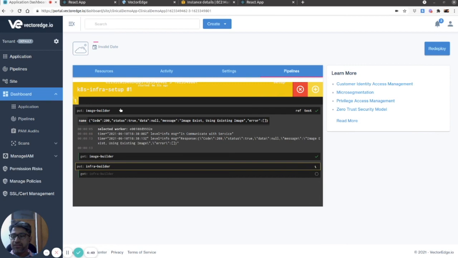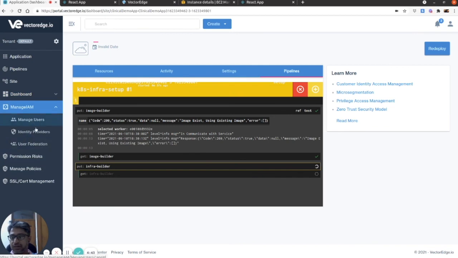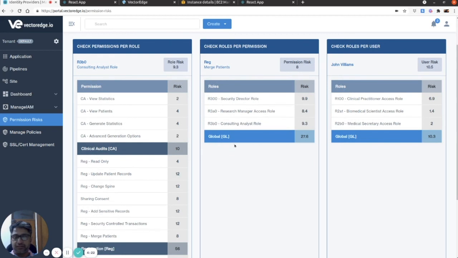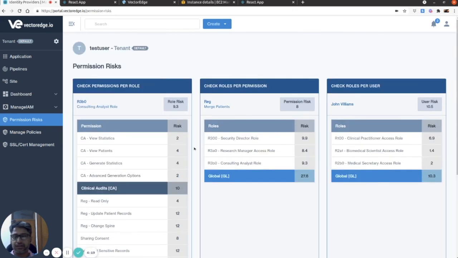You remember I have given something called a critical weight. So in our system, we are assessing the risk permissions for each user. So we see which roles have been given various permissions. We try to assess the risk of each resource, and we come up with this kind of resource permission matrix.